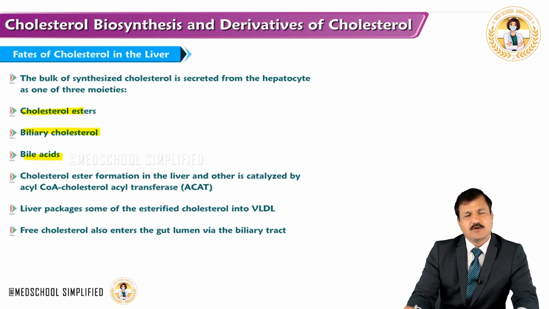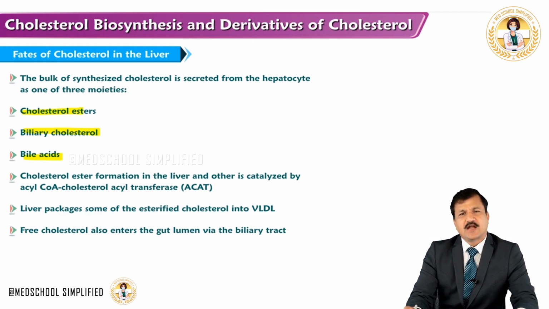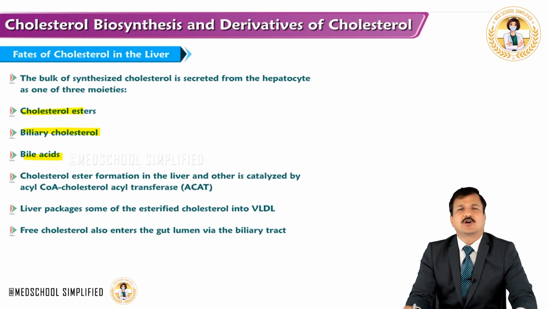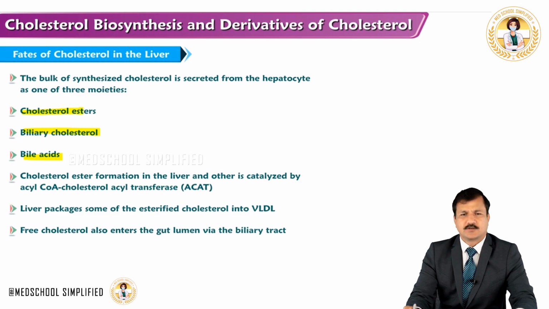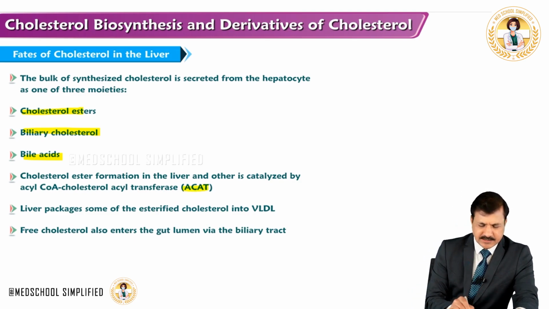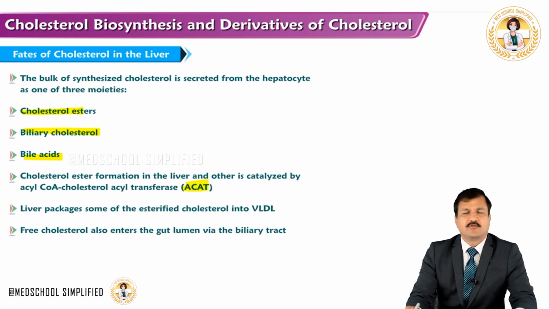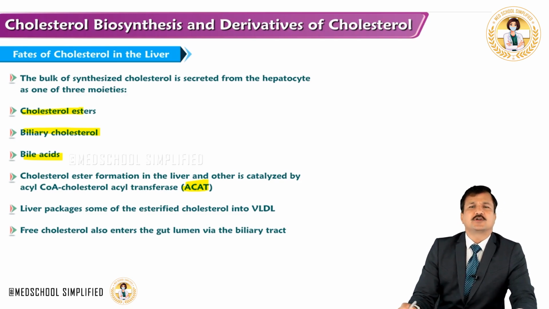Now, in the formation of cholesterol ester, a fatty acid will be attached to the third carbon of cholesterol to make it a cholesterol ester, and the cholesterol ester is a major storage form of cholesterol. The enzyme that catalyzes the esterification of cholesterol with the fatty acid is called acyl-CoA cholesterol acyl transferase. So this ACAT enzyme is going to convert cholesterol into cholesterol ester in the endoplasmic reticulum, and then that cholesterol